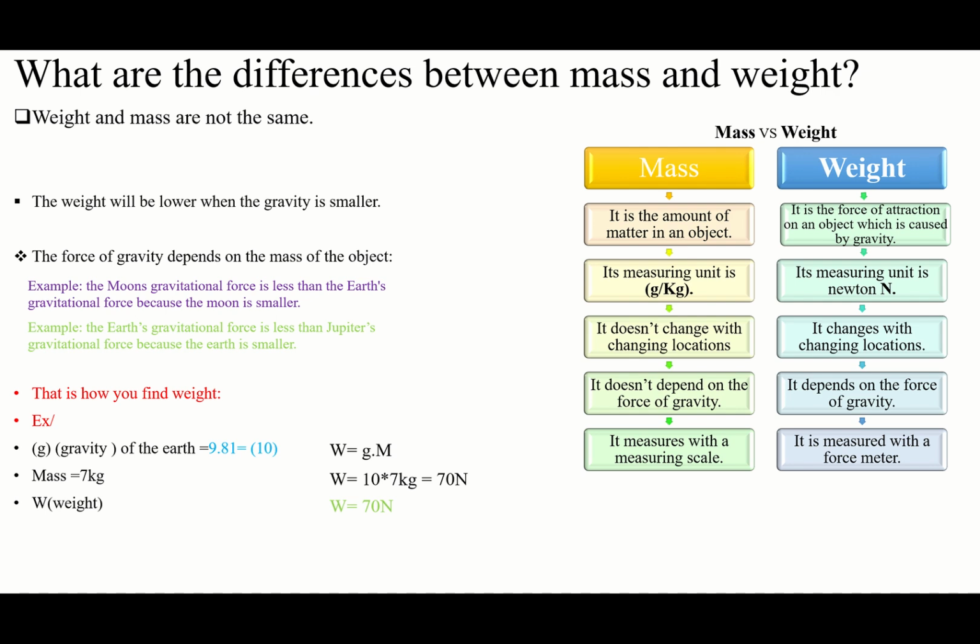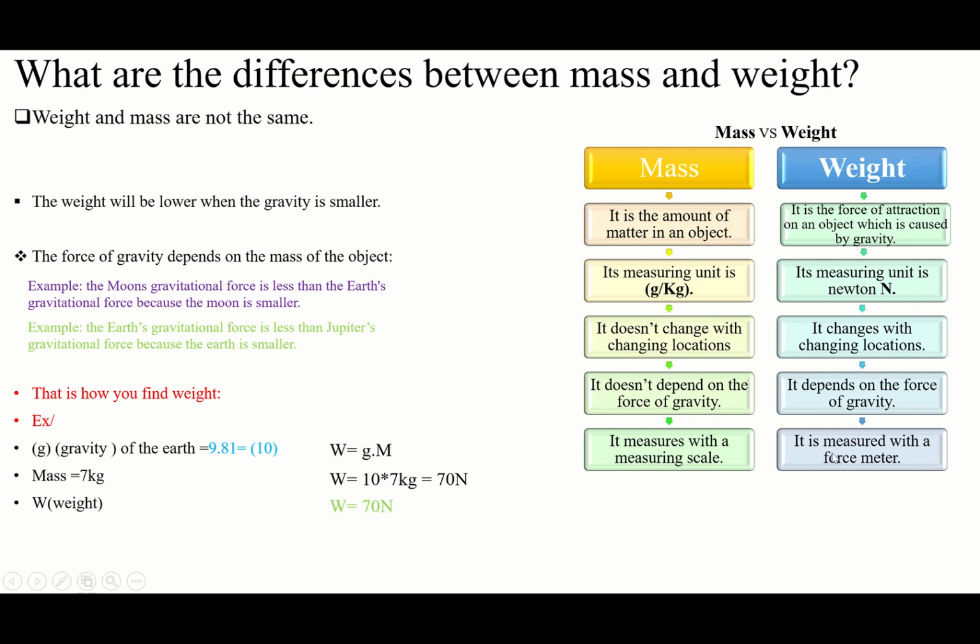With a measuring scale, if you want to measure the mass, you want to know how many kilograms that is, you have to use a measuring scale. It's an instrument, we can say. For example, for temperature, we have a thermometer, right? We are using a thermometer. But for mass, we are using a measuring scale. It means the name of the instrument that we use for measuring mass is measuring scale, but